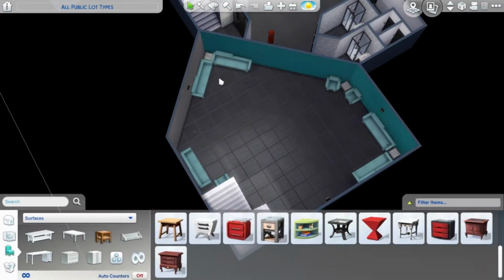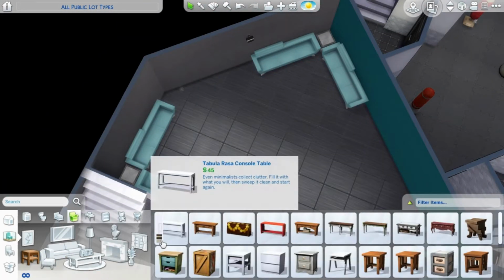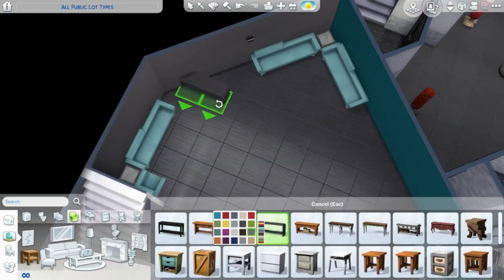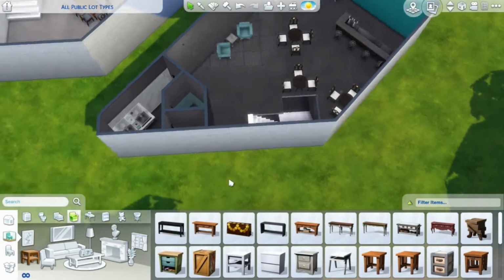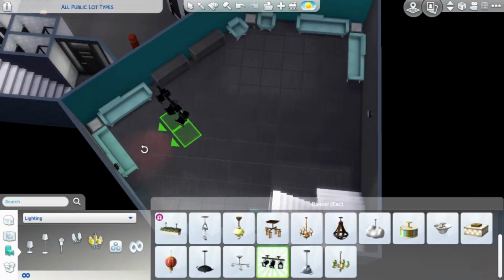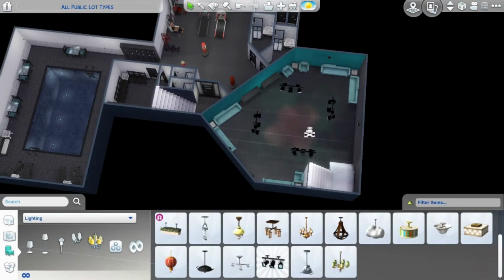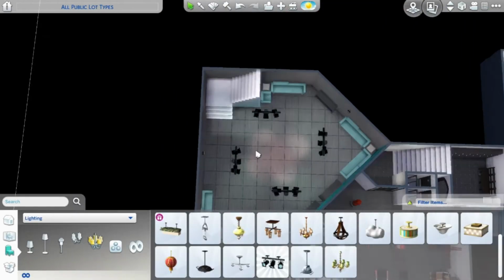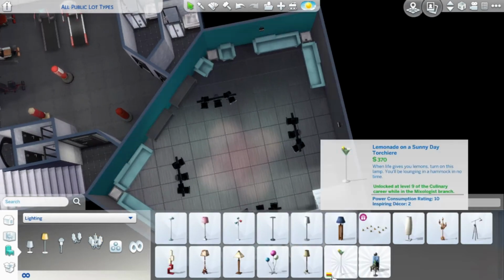And I put down the couches surrounding the dance floor. The downstairs area I wanted to be the dancing area, so I put down nothing in the center, just outside of it. And then I put the lighting down, which I like because it's multicolored,